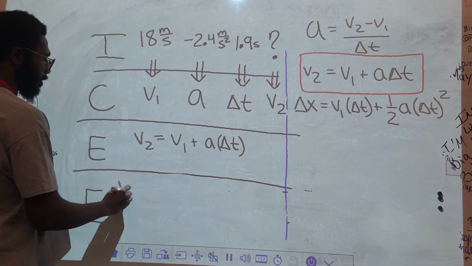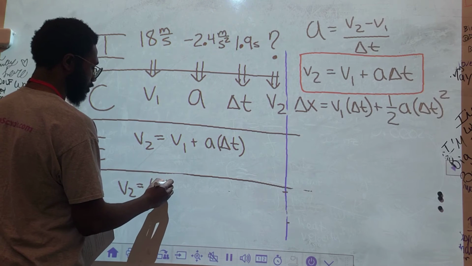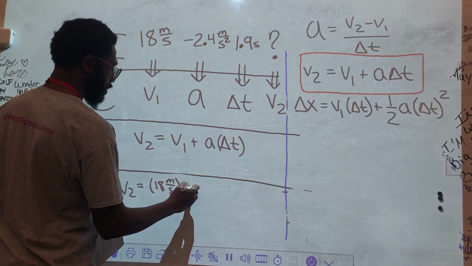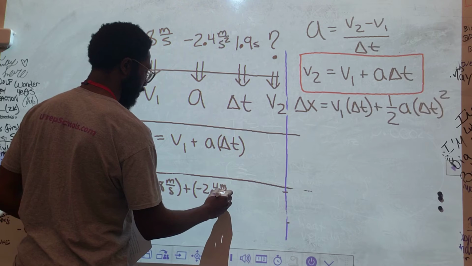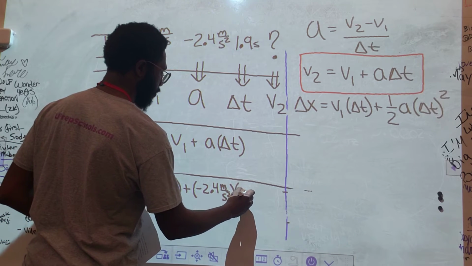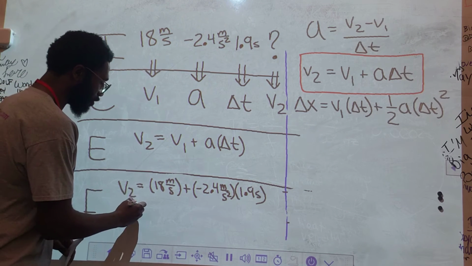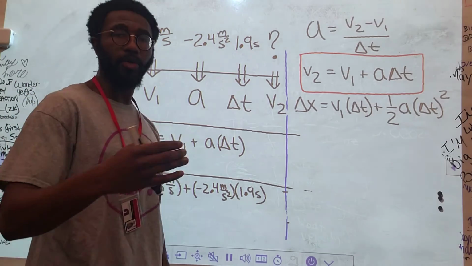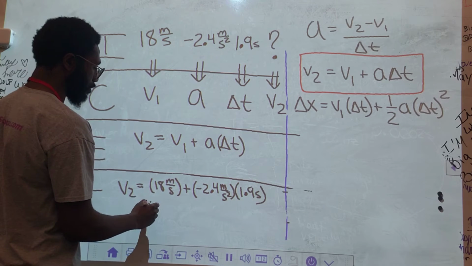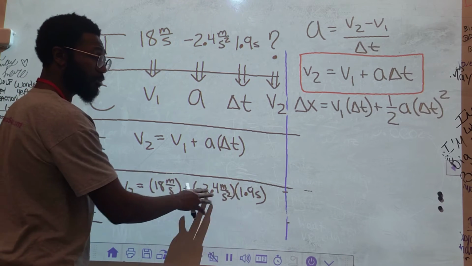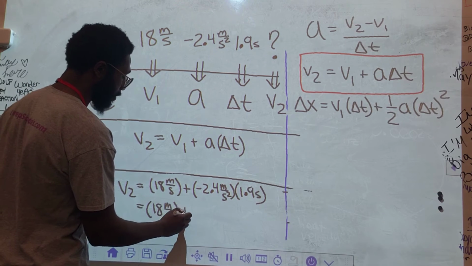Okay? Now we're going to just go ahead and plug in all of our measurements. So V1 is 18 meters per second. Acceleration was negative 2.4 meters per second squared. And the time was 1.9 seconds. Okay, so now we're going to make sure to do our proper order of operations. So we're not going to do addition first, right? We have to do any multiplication before we do addition. So we're going to rewrite 18 meters per second, plus, and now